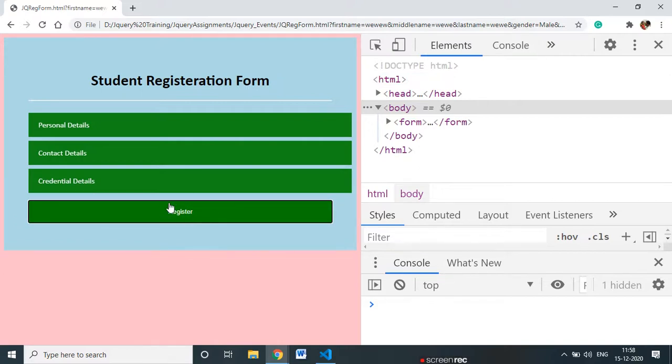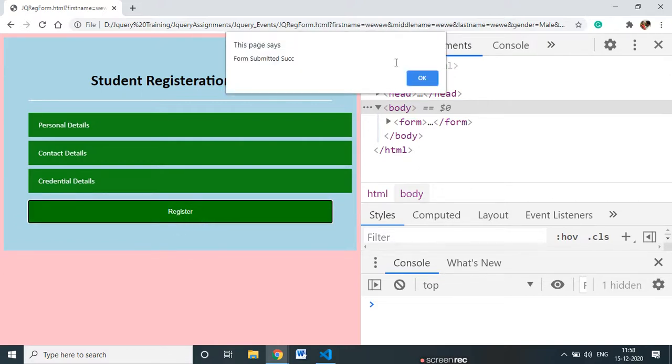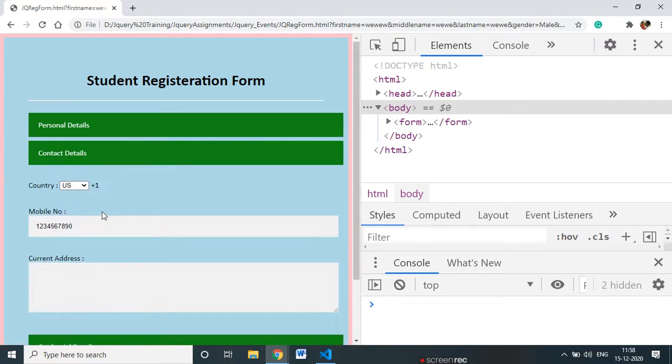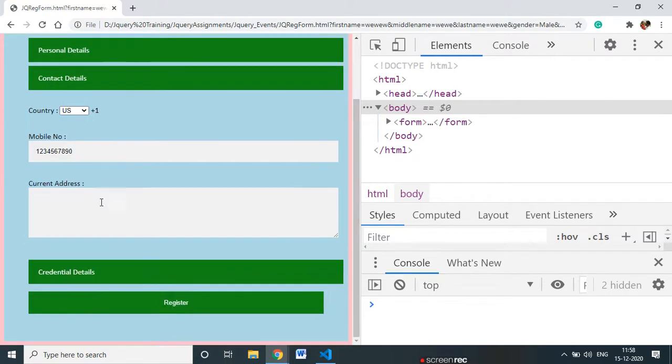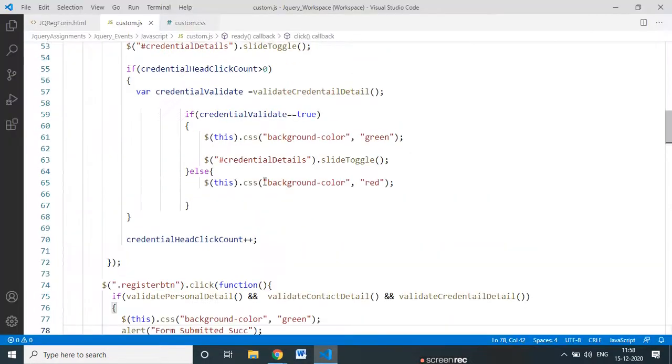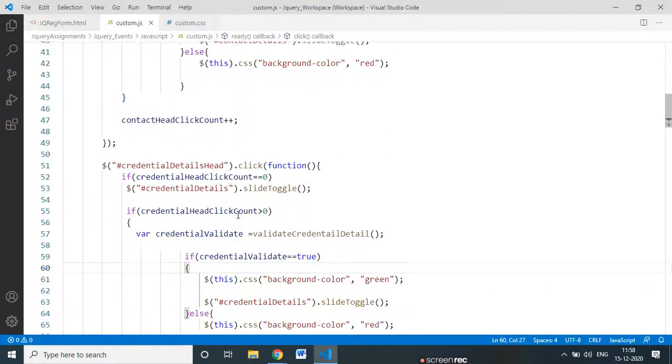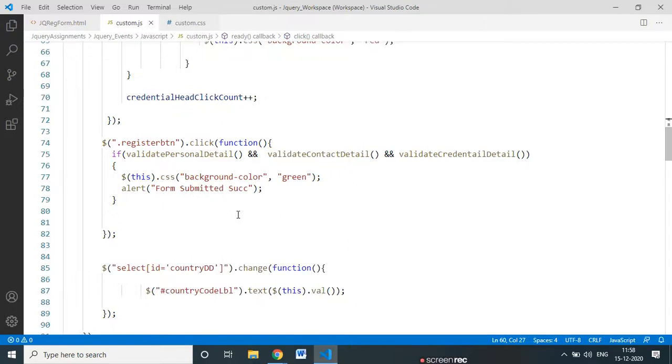See, the color became green. Form submit successfully means all the form sections are correct and the background color changes to green. But here in some cases there is some misalignment, it's not performing as expected. You just check that, because there is a minor mistake in this code. Some condition becomes true, that's why it changed to green, and some places display red. Check that at your end and perform the correct operation. So I hope you understand how to implement this.